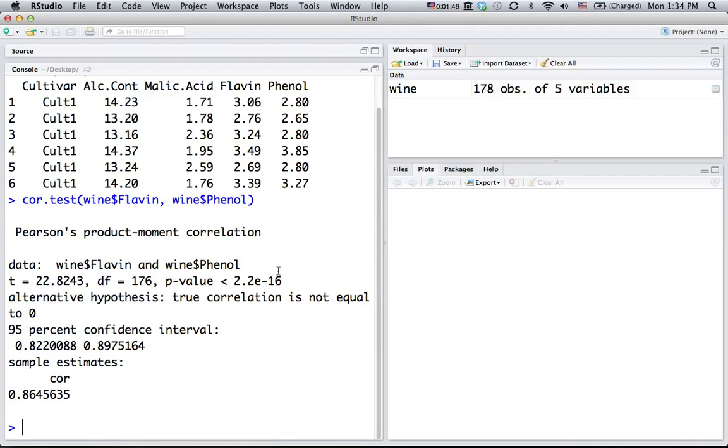Here we see a correlation coefficient, or R, of 0.86, which is extremely high, and a p-value of less than 2.2 times 10 to the negative 16, which is as low as R's built-in calculator can go before it hits 0 and can no longer take more digits. So while this is not a very precise p-value, it is definitely extremely, extremely small, indicating that this is a